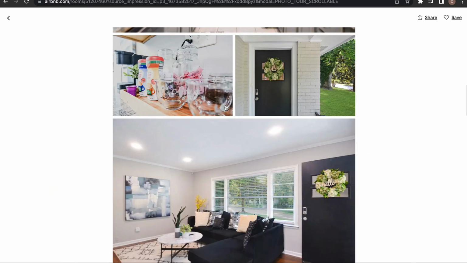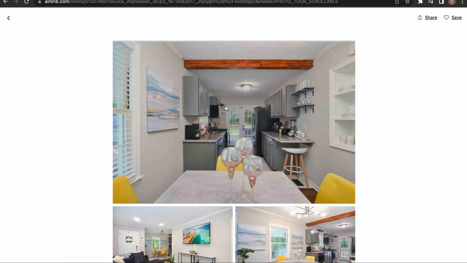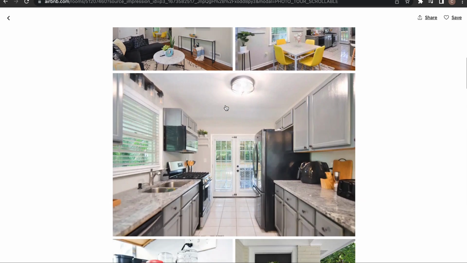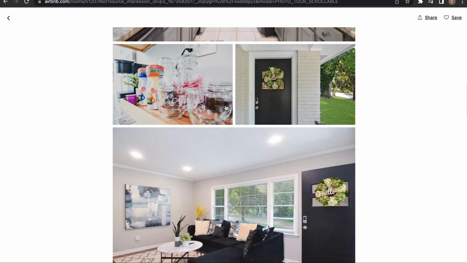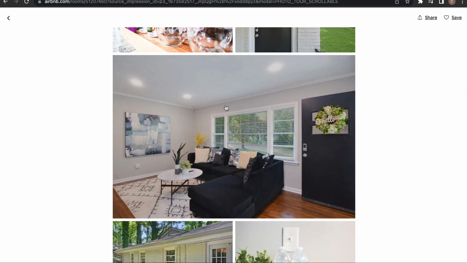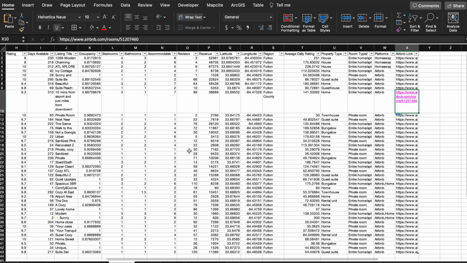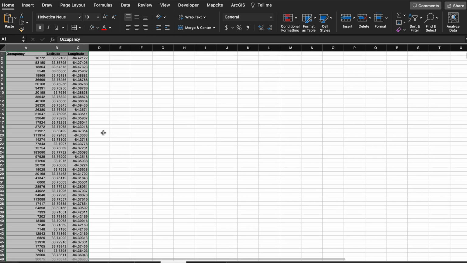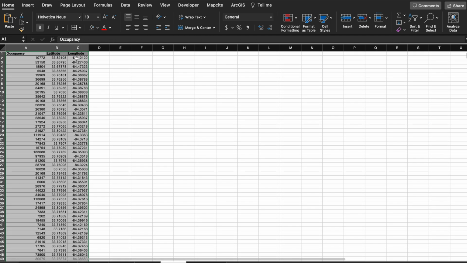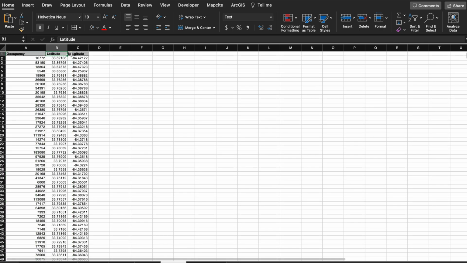There's 89 reviews, 4.67 stars. Okay, so now we can kind of do a deep dive into, say we wanted a 4-bedroom, 3-bath. We can do our own analysis on whatever property we're looking at. And so we can see the units that are doing good, how they look, versus the units that are doing pretty bad. So that's always an option. And then the last tab is the tab based on latitude, longitude, and it's not occupancy, it's actually revenue. So let me just change that. So it's built on revenue.